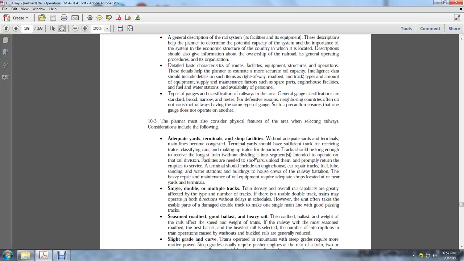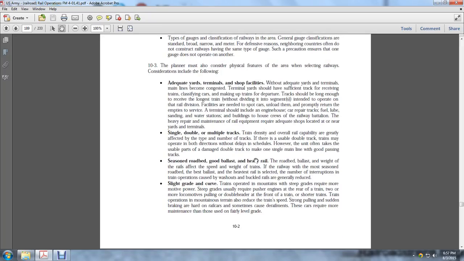If there is a usable double track, they may use both directions without delaying the schedule. However, the unit often takes the usable parts of the damaged double track to make one single main line with good passing tracks, seasoned roadbed, and good ballast and